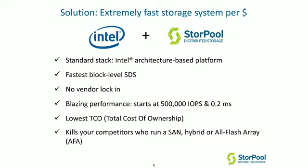And here we want to present a particular implementation of these concepts, how to build a fast, reliable, cost-efficient solution. And in this case, we did this with only Intel standard x86 platform. We're using StorPool, which is by far the fastest block level software-defined storage on the market, and it also really efficient in terms of how little CPU and RAM it consumes on the server. So you can have low-spec servers, or you can hyper-converge if you like, which also brings down the cost of your cloud offering. It reduces vendor lock-in, no SANs required,